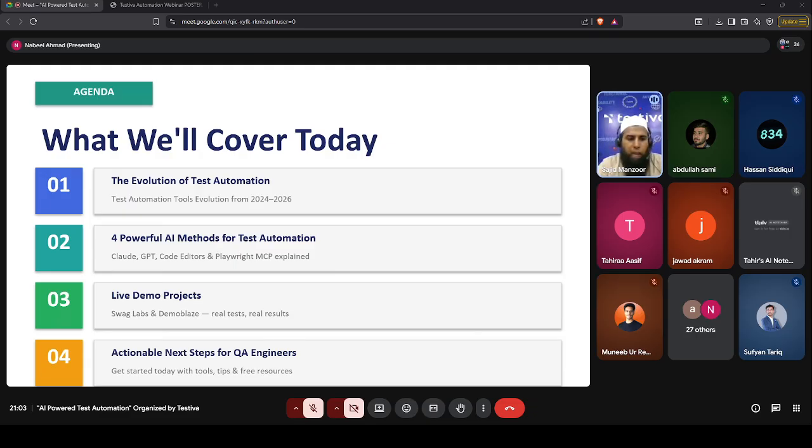Then we have a live demo session for a couple of projects where Nabil will show you how to utilize AI for automation. And then he has some action items. If you want to learn and implement AI in your test automation frameworks, he will guide you and provide you action items on how you can do this. So next slide, please.